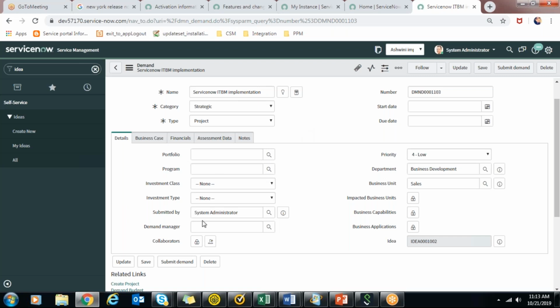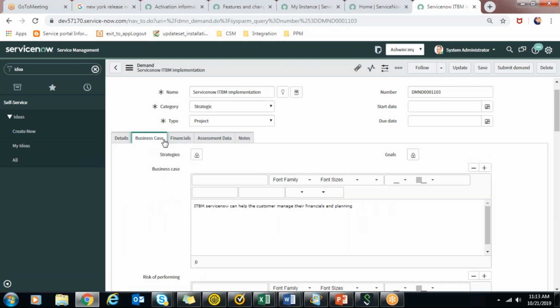And demand manager, you can submit, and whatever collaborators you add here, they can put input to this business case tab here, and they can help in improvising the demand and getting it properly documented, so that when they submit the demand going forward, all the information is present.